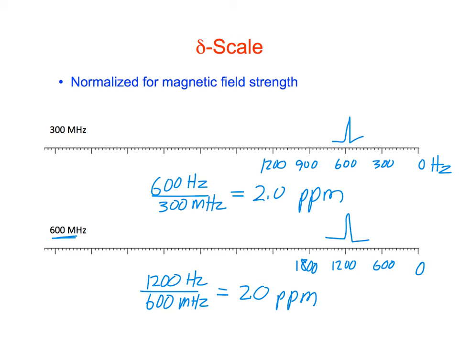All right, so the higher the field, the more hertz there are per part per million. Okay? And because we're always dividing by the magnetic field, we're standardizing our scale. And so we should get the same chemical shift no matter what magnetic field strength we use. Okay? All right, so let's stop there. We'll talk about next time about chemical shift, and then we'll start into splitting, and then pretty soon we'll be ready to start working some problems. Okay? And the problem sets